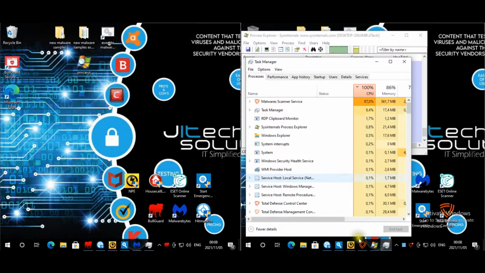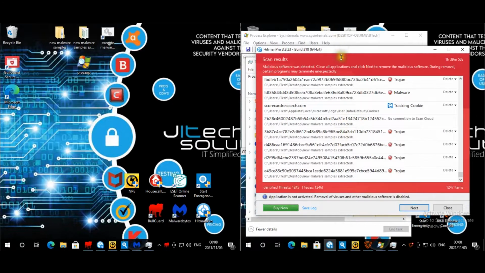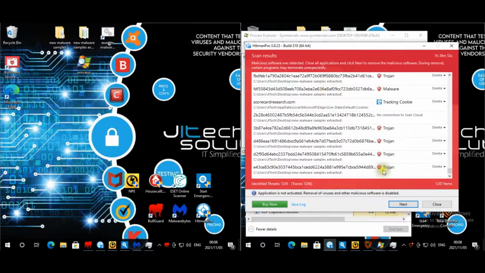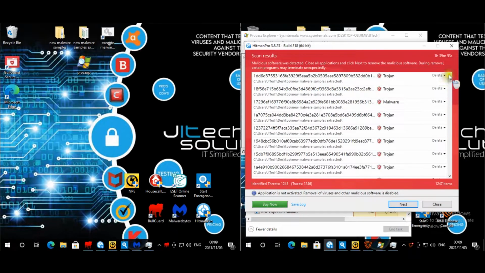Okay, so Total Defense is a different story. I'm actually quite impressed with Total Defense. Let's have a look see at HitmanPro. So cookie, malware, that's on the desktop, but let's go back to the top. Okay, a lot more entries, but it's because Total Defense didn't actually remove a lot of the malware in the